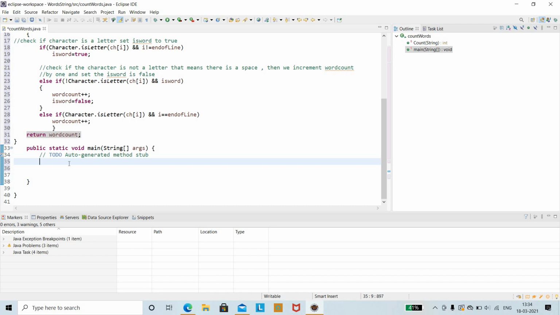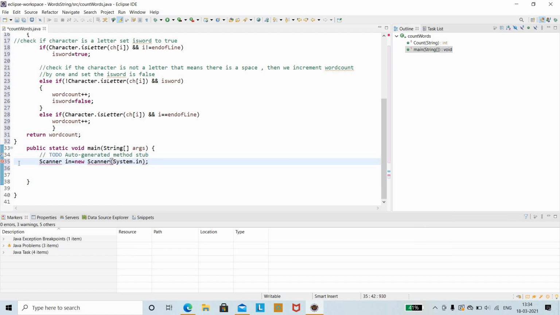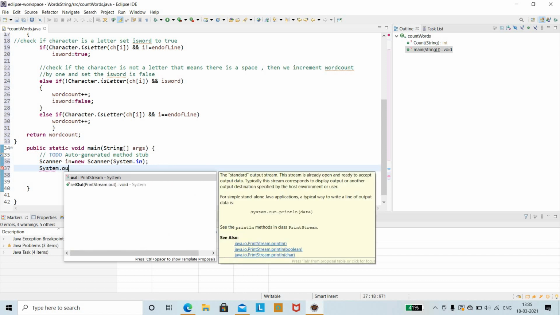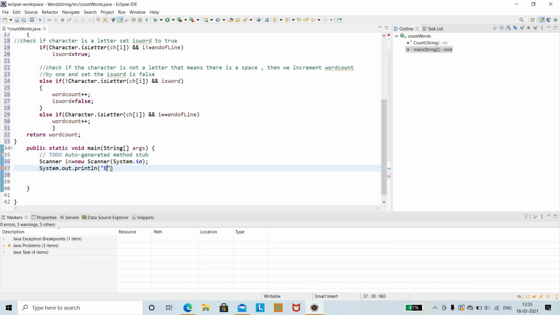Here you need to take the input from the scanner. Scanner in equal to new Scanner of System.in. Again you're going to import the java.util.Scanner statement for this. Then once you are done, you can write System.out.println, enter the string.